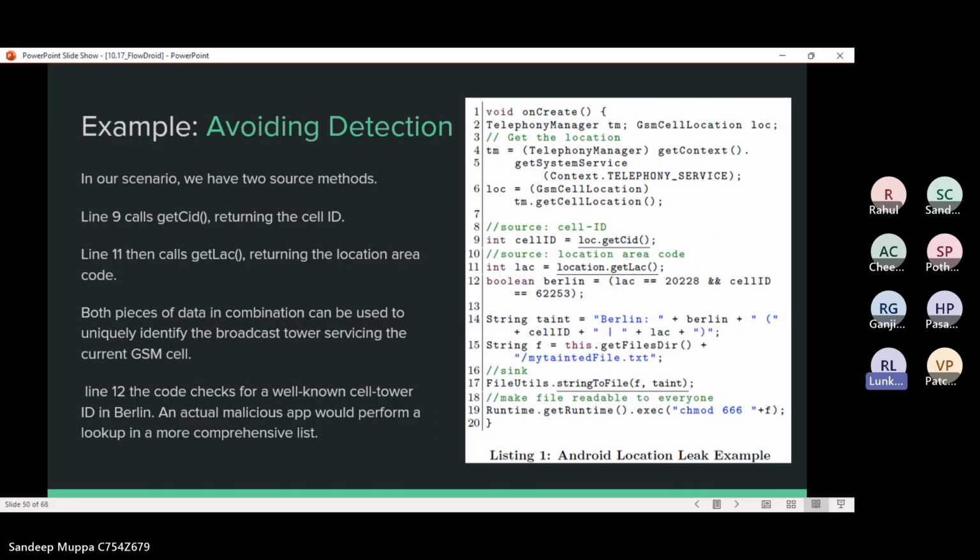Both of these are trying to service the current GSM cells we are talking about. Then in the image, line 12 is checking for the cell tower ID. The actual malicious app would perform a lookup in this list, what we get in this Berlin. This is how the code looks.